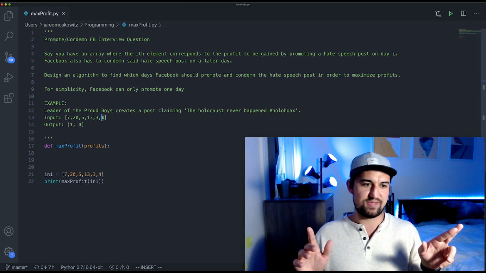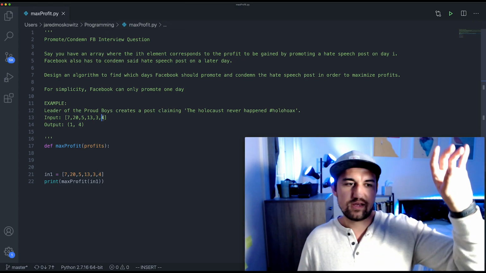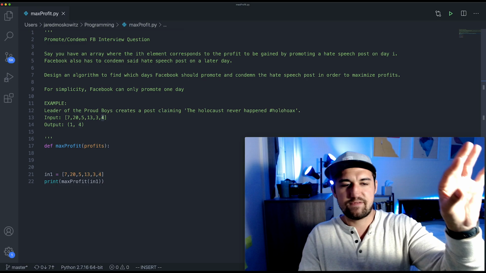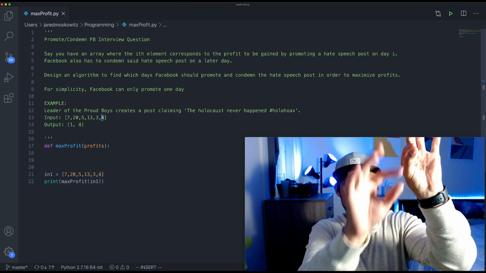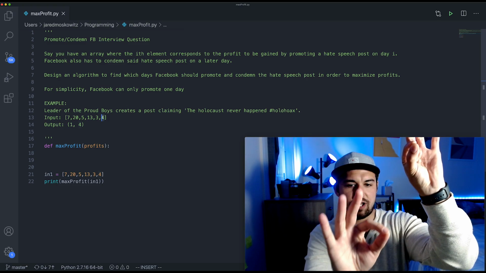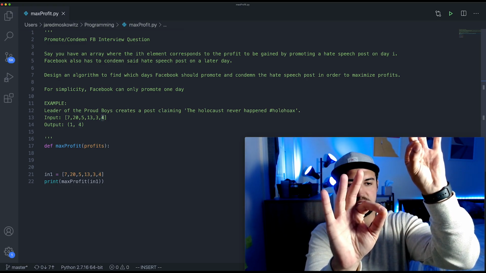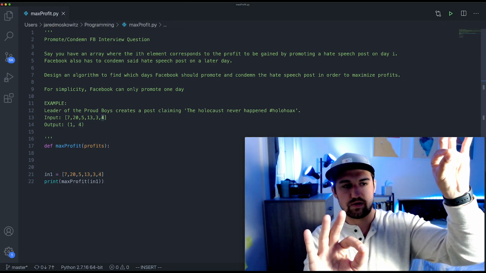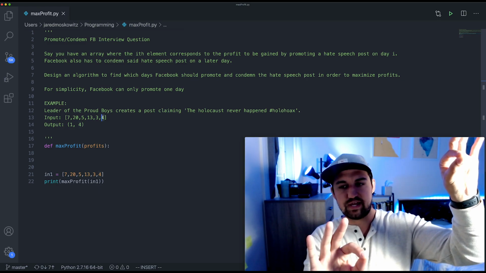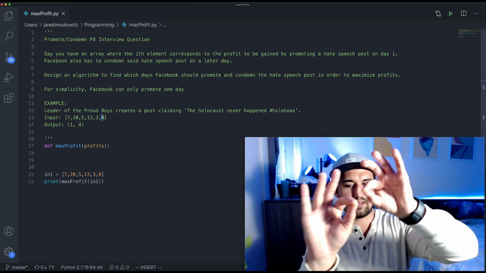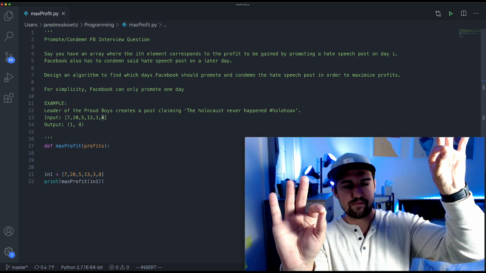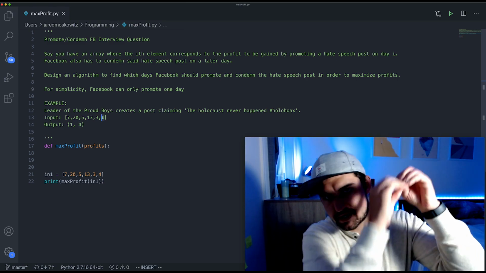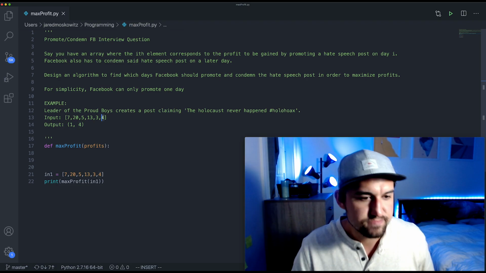So what we want to do is find the maximum, and then find the greatest difference after you find the maximum. So we go through and find, okay, 7, 20, okay, we got a max here. Then we say, okay, 5, compare that difference. We go down more to 13, compare that difference, or 13, compare that difference to 3. Okay, this is a big profit here. So this would be the maximum profit from day 20 to 3. If we go to 4, that's a smaller difference from the 3 to the 20, so that's going to be our answer. The idea here is just to find the maximum and then start comparing the differences to the maximum value.